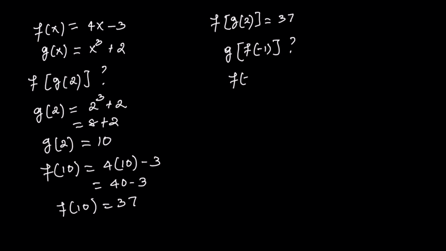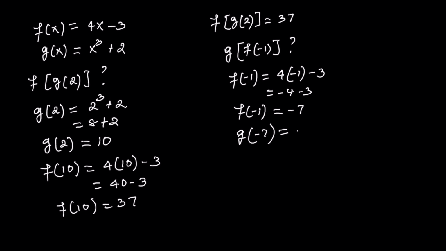First, find f of negative 1. 4 times negative 1 minus 3, which gives negative 4 minus 3. f of negative 1 is negative 7. Now replace negative 7 in the function g. g of negative 7 equals negative 7 cubed plus 2,